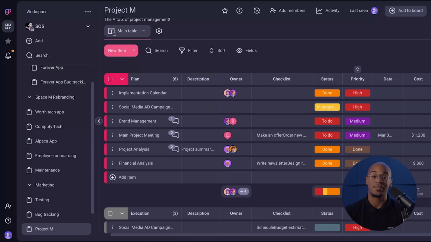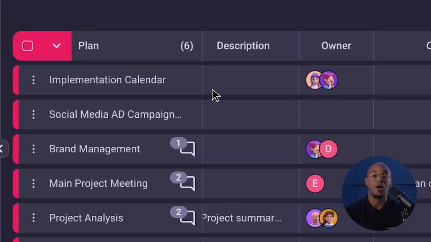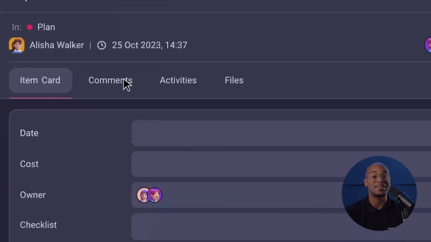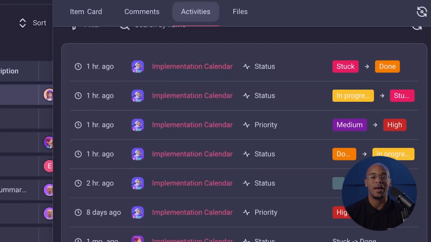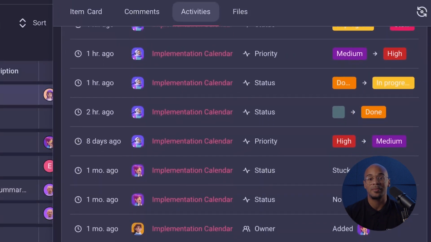The item activity log, like a task diary, keeps track of everything that happens to a specific task. It records when the task was created, who made changes, added comments, and even updated its status. To access it, click on the task item to open up the item card and select Activity on the top menu. From there, you'll have a full timeline of what changes were made and who made them